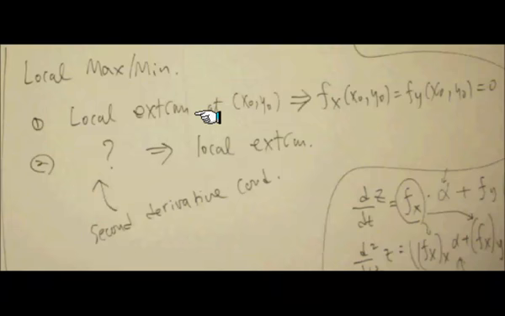First of all, if you are looking at a local extremum value, a local maximum or minimum at a certain point like a comma b, it has to be the case that the derivative must be 0. It's because this is a very special directional derivative, along the x-axis and along the y-axis. Of course, if you cut it, if it is a local minimum or maximum as a two-variable function,